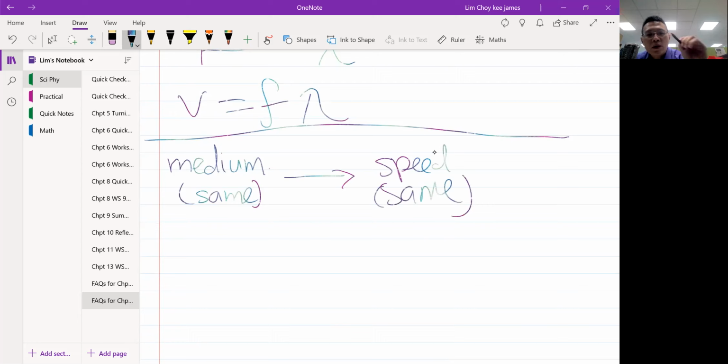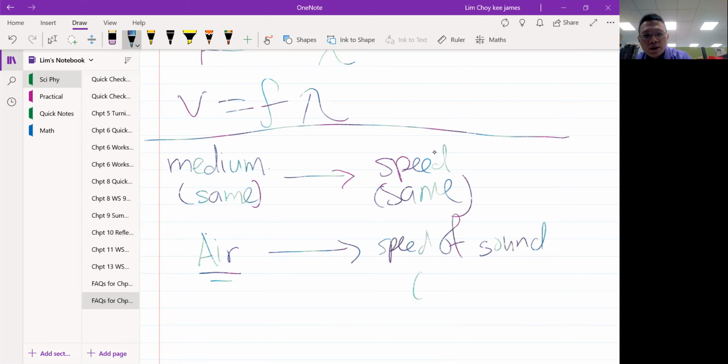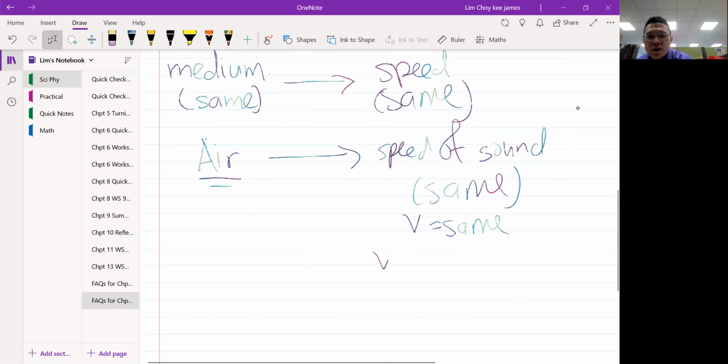So if I say that the wave is in air, regardless of scenario, let's say in wave one or wave two, all these are being transmitted in the same medium. Automatically, I will know that this information tells me that the speed of the sound will remain the same. Okay, so in this case, I will say that my v will remain the same. And because v remains the same, you'll find that if you use the formula v = fλ, if my v remains the same,